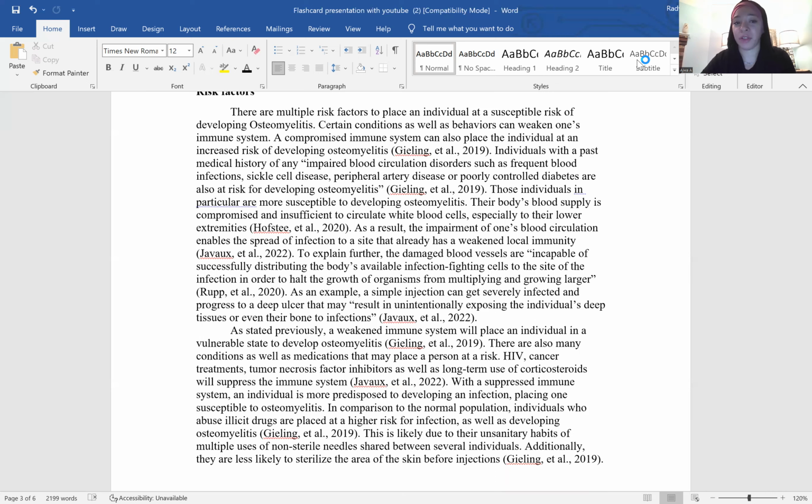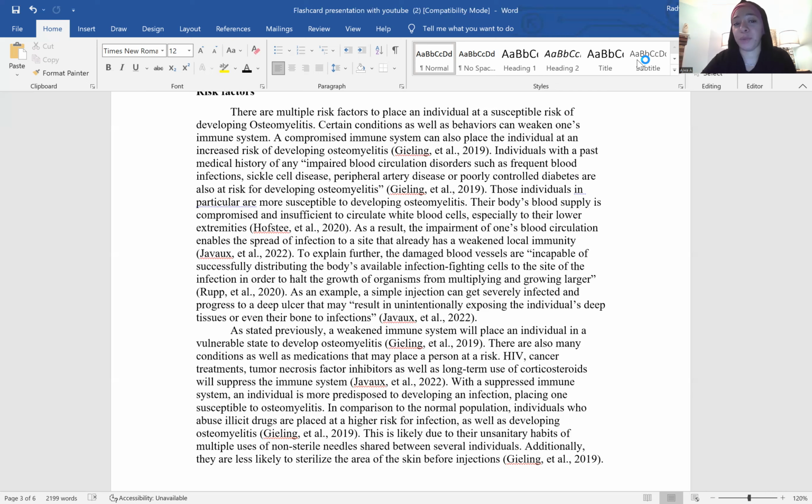Individuals with a past medical history of any impaired blood circulation disorders, such as frequent blood infections, sickle cell disease, peripheral artery disease, or poorly controlled diabetes, are also at risk for developing osteomyelitis. Those individuals in particular are more susceptible to developing osteomyelitis. Their body's blood supply is compromised and insufficient to circulate white blood cells, especially to their lower extremities. As a result, the impairment of one's blood circulation enables the spread of infection to a site which already has